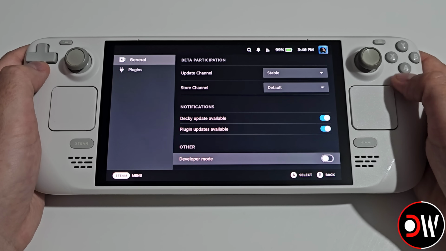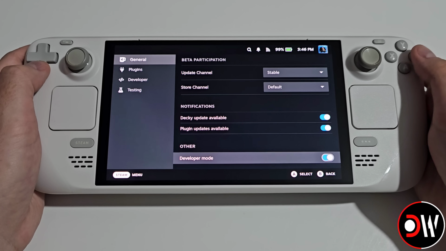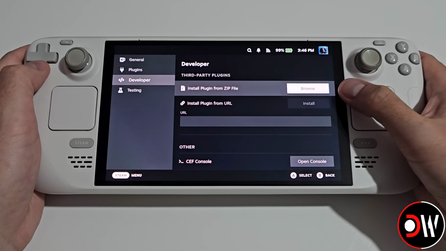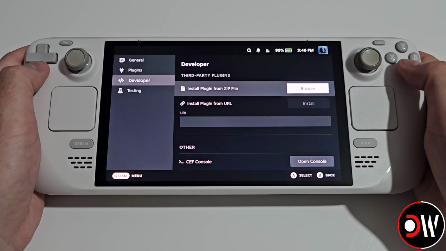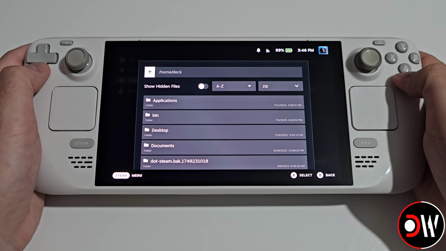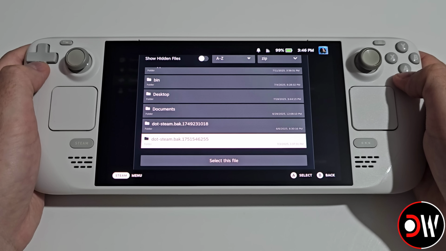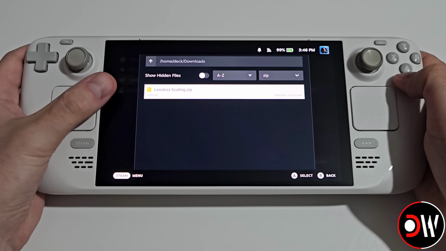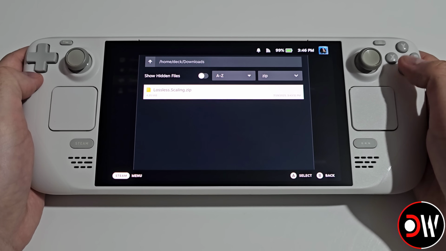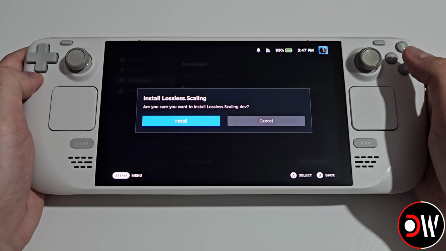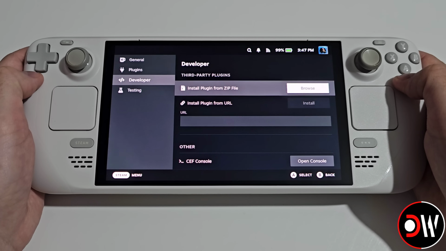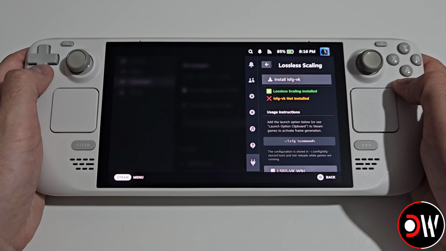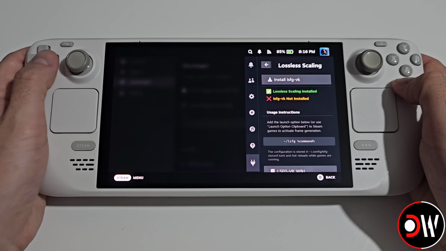On the first general tab, we want to scroll down and enable developer mode, where afterwards we're going to access the developer tab and choose Browse on Install Plugin from Zip File. From here, we want to navigate to our Downloads folder, choose losslessscaling.zip, press Install, and we'll see Lossless Scaling appear in the Decky sidebar. Access the plugin, and we want to choose Install lsfg-vk,